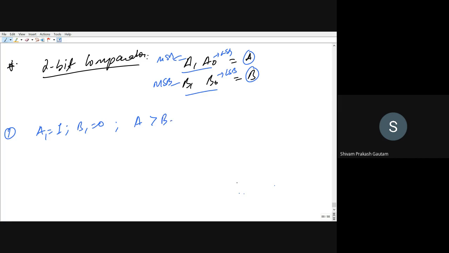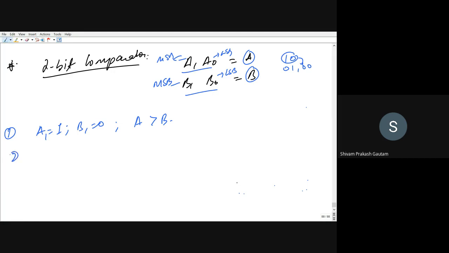You can see for the first case that I have written, if 1, 0 is the case, B1 will be 0. So B1 B0 can be 0, 1 or 0, 0 as well. So 1, 0 will always be greater than 0, 1 and 0, 0. This is the first condition.